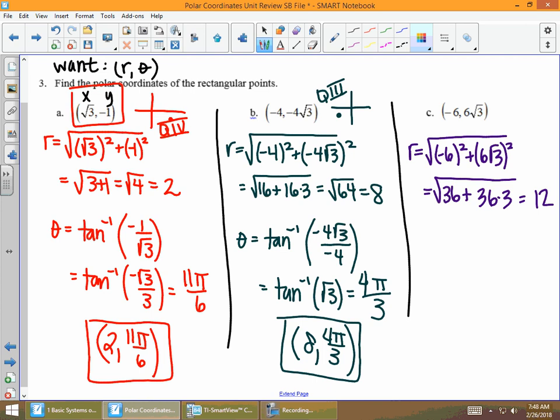All right, this time, before we get into our tangent issue here, let's go ahead and figure out what quadrant we're in. Our x is negative and our y is positive, so we're going to be in quadrant 2. So when we do our tan, we're going to get that value and then make sure we put that angle in quadrant 2. Remember, our tan really only lives in quadrant 1 and 4, but in this context, we know we're going to be using it with this plus 180 when x is less than 0. That is on your equation sheet. We're taking care of that plus 180 when x is less than 0 by figuring out that quadrant. Okay,